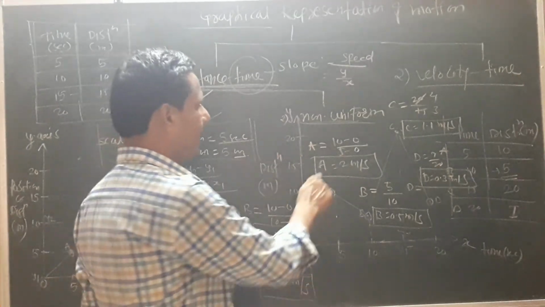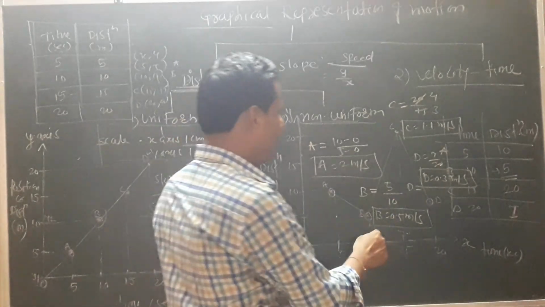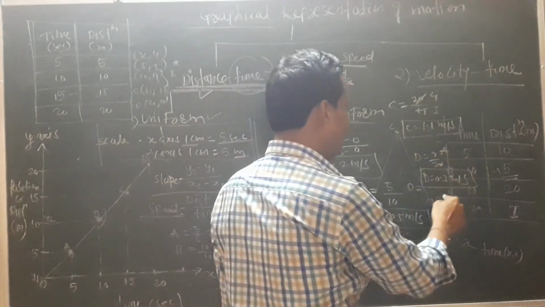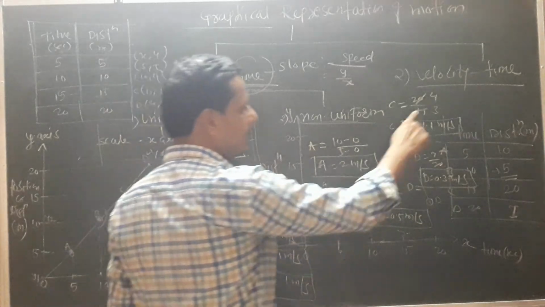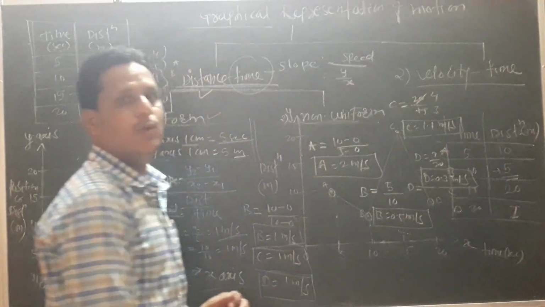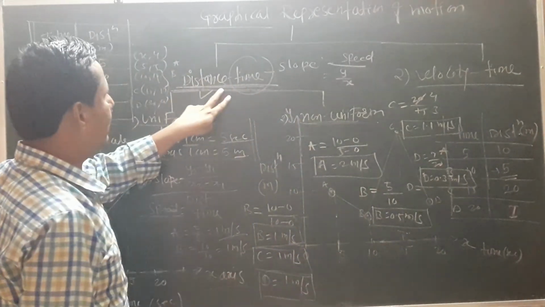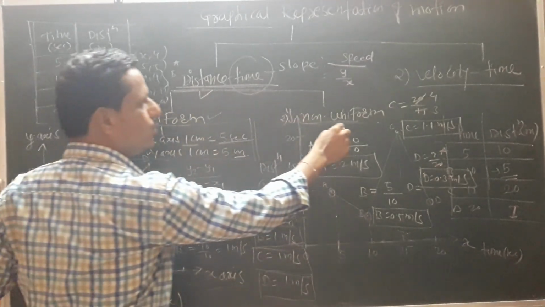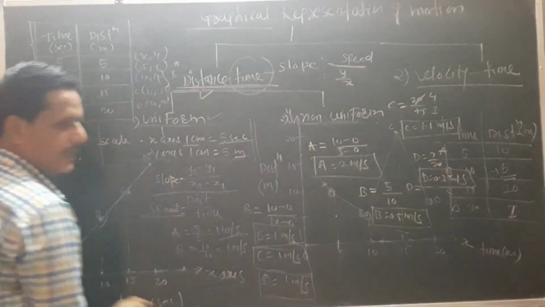For A it is 2 meter per second. A च्या वेळी माझा स्पीड होता 2 मीटर पर सेकंड. B च्या वेळी तो कमी झाला 0.5 झाला. C च्या वेळी परत तो वाढला 1.1 झाला. D ला परत कमी झाला 0.3. म्हणजे याचा अर्थ काय की इथं स्पीड कमी जास्त होतो. या केसमध्ये अशी जी काय मोशन आहे ती नॉन युनिफॉर्म मोशन. लक्षात येते त्याचा हा ग्राफ. म्हणजे आता डिस्टन्स टाइम ग्राफ मधून आपण दोन गोष्टी रिप्रेझेंट केल्या, एक युनिफॉर्म, दुसरी नॉन युनिफॉर्म. त्याचा ग्राफ, त्याचं मिनिंग, are you getting clear all that things?